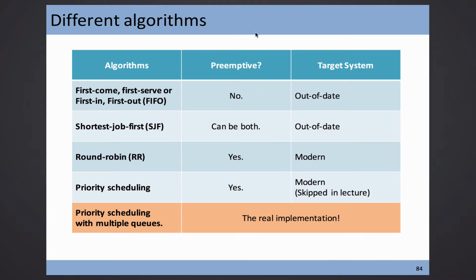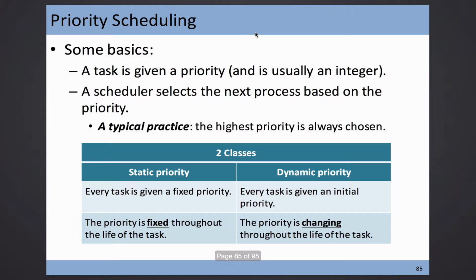So what is priority scheduling? I can't remember which week, but I demonstrated to you what the nice command is, right? So what is the nice command? The nice command is a priority that is able to be changed. While you start the process, you can say nice, and that will decrease its priority. So we call it dynamic priority. You can upgrade it or downgrade it by using the nice command. Of course, if you are a normal user, you can always downgrade your process from a normal priority to a lower priority. So what is the meaning of lower priority?